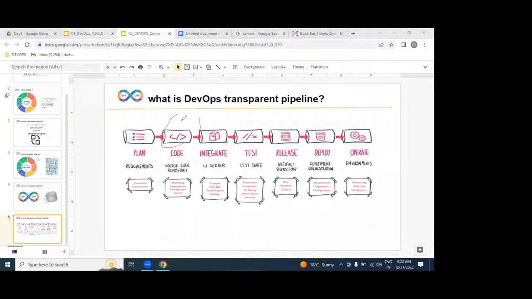CI/CD, continuous integration, making working software. We are going to deliver continuously. Once it is delivered, we are going to be placing our applications on hundreds of servers. These hundreds of servers, we are going to automate by the help of